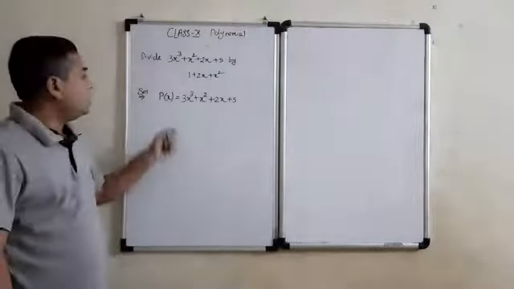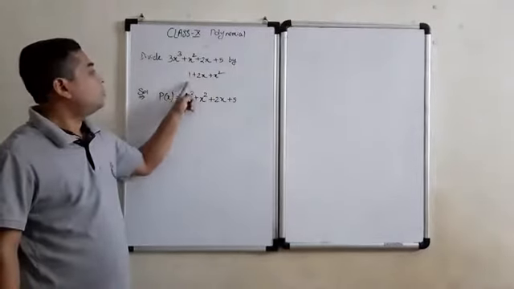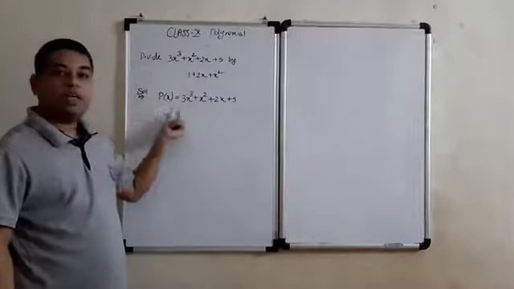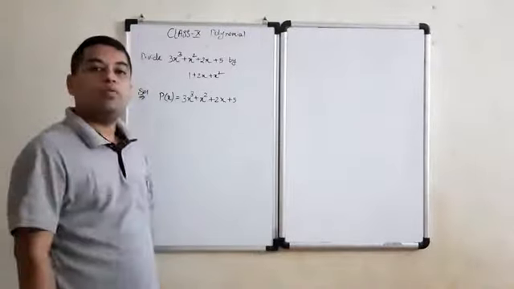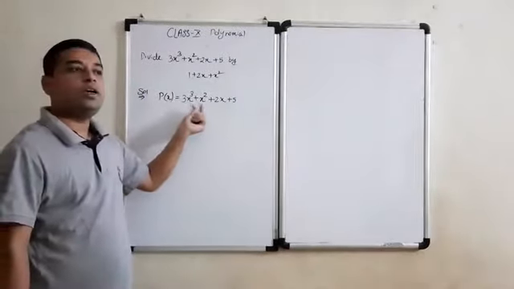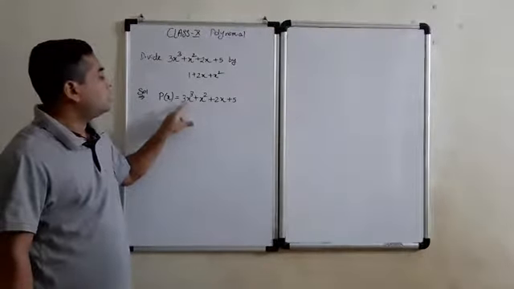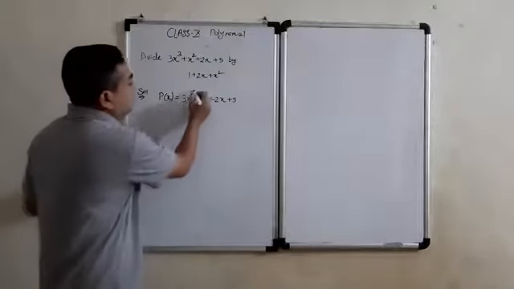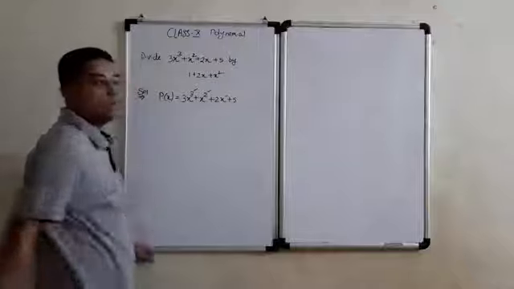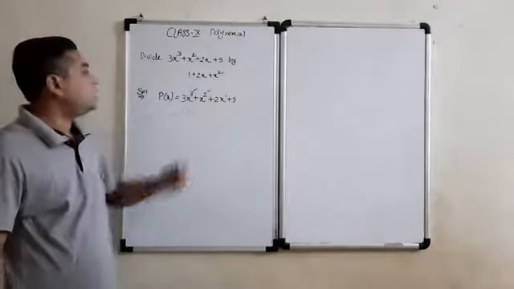So let us see here p of x, that is the dividend, which we have to divide by another polynomial, 1 plus 2x plus x square. First we will check whether it is in the standard form or not. What is the meaning of standard form? Standard form means the polynomial should be written in the decreasing order of power of the variable. Let us see: x raised to the power 3, then x raised to the power 2, then x raised to the power 1, and then the constant. So it is written in the decreasing order of power of the variable. So it is in the standard form.